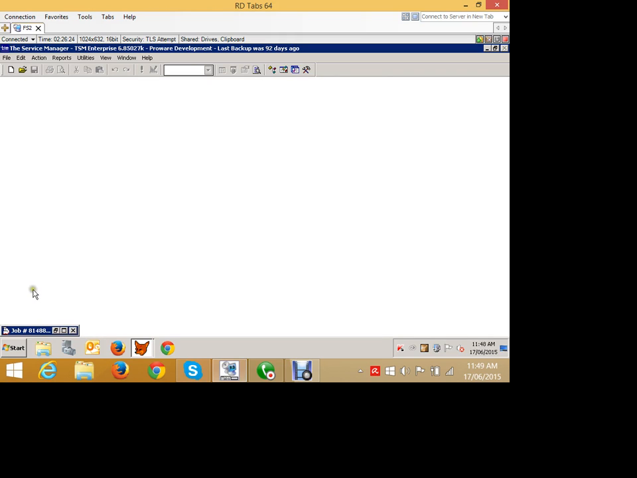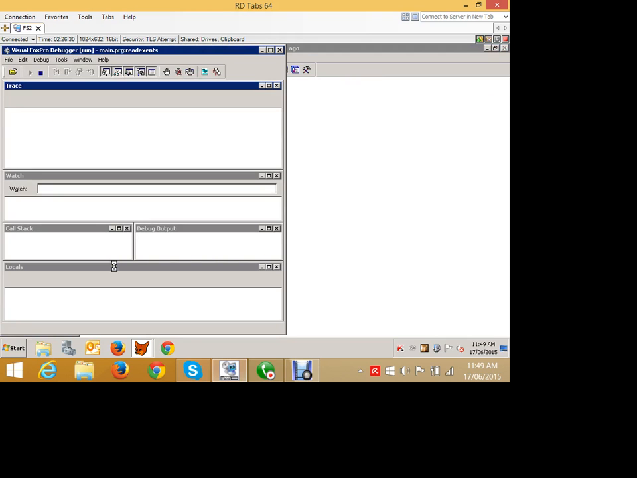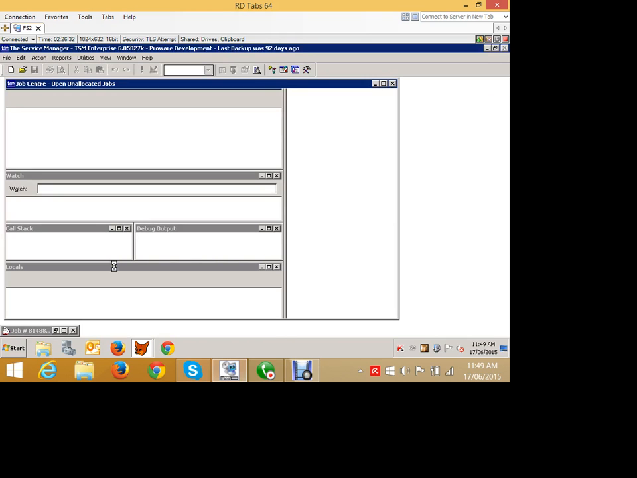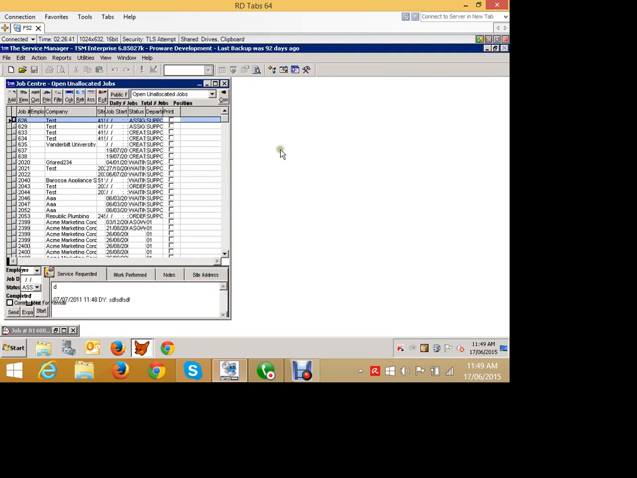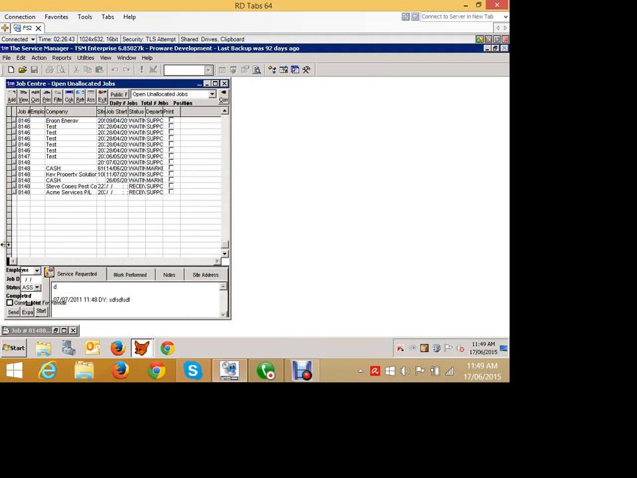So now I'm going to take on the role of the dispatcher, and as the dispatcher, I'm going to be living and breathing out of my job centre. And from this job centre, I can filter jobs of all different sorts. In this case, I'm choosing open unallocated jobs because I want to go and actually allocate these jobs to somebody. And if I go right down the bottom, we'll find there's my job